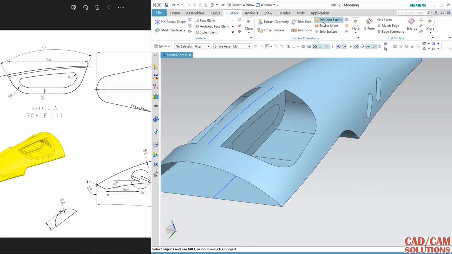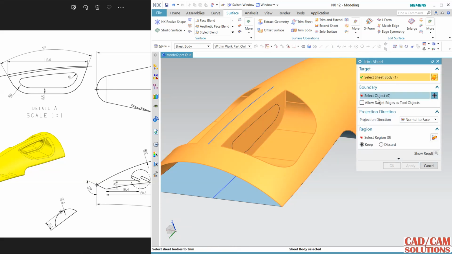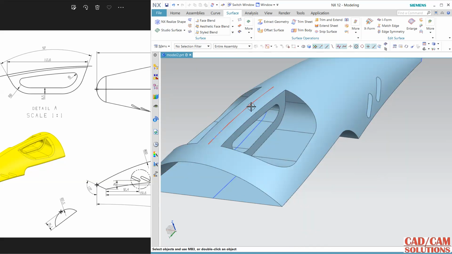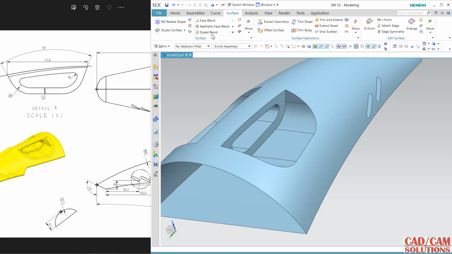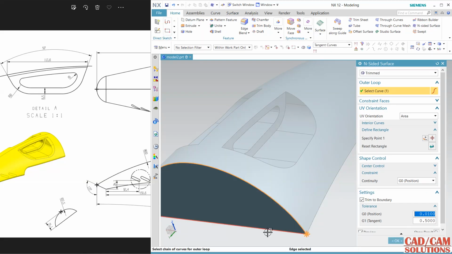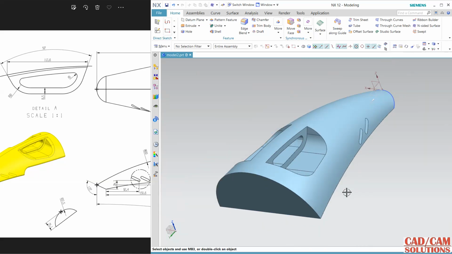Again for the second side, I'm selecting this, and the boundary is this one, okay, hide all the curves.